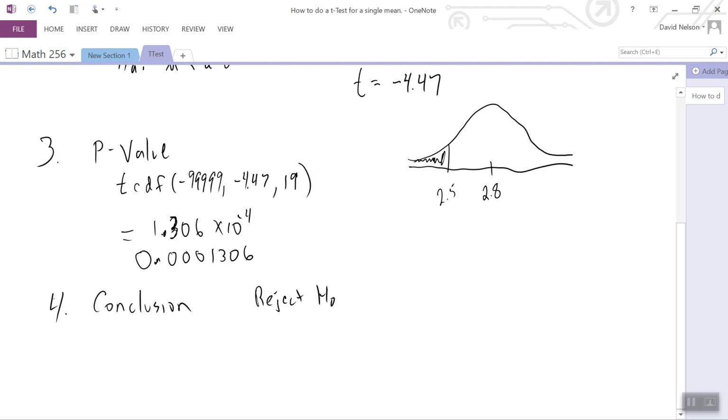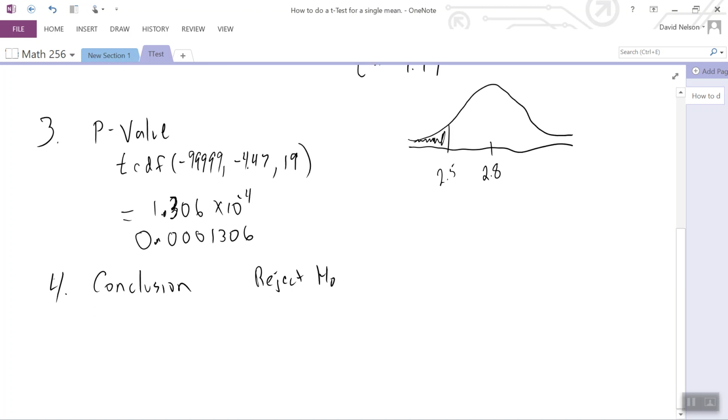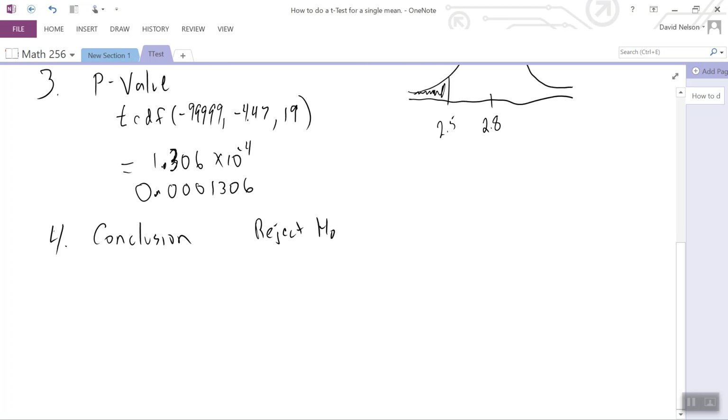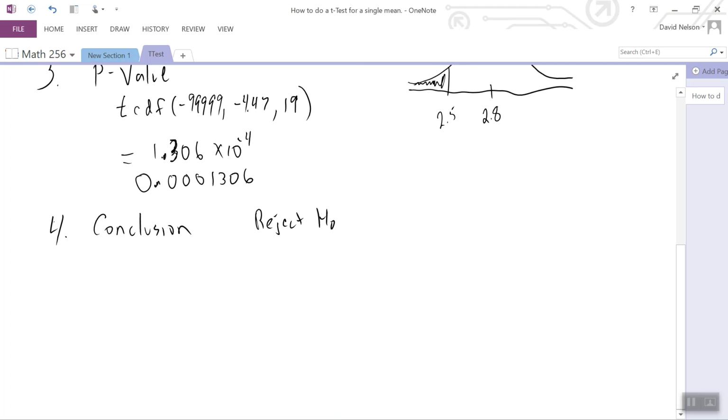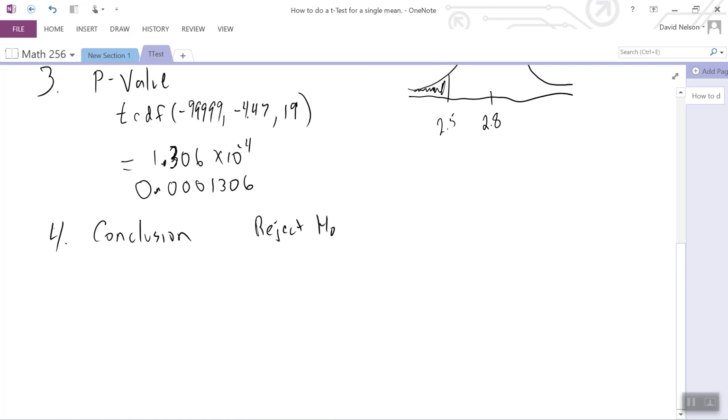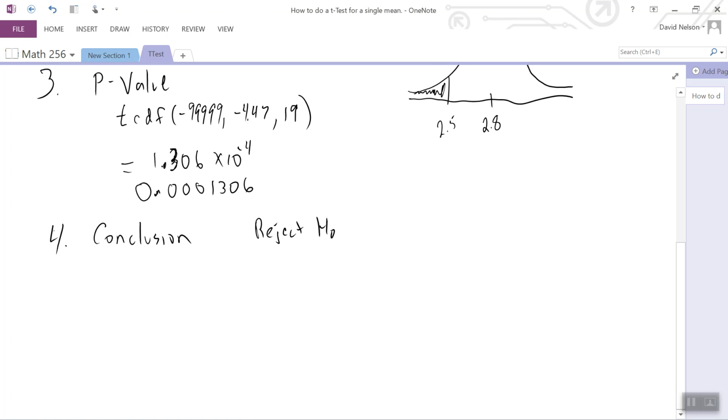And if we want to bring it back into the topics of error, since I've chosen to reject the null hypothesis, this is really the probability that I'm going to be making a type 1 error, that I've got a 0.1% chance that I'm making a type 1, or 0.01% chance. It's very unlikely that I'm making a type 1 error, which is rejecting the null hypothesis when the null hypothesis is true. But I'm going to reject the null hypothesis, and I'll write out something along the lines of saying